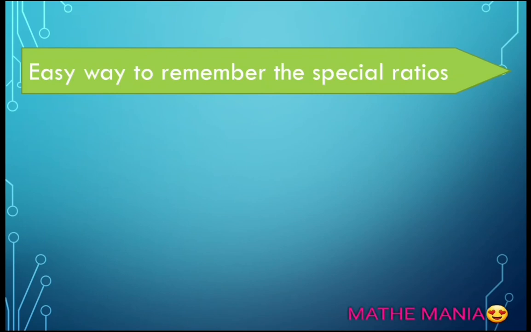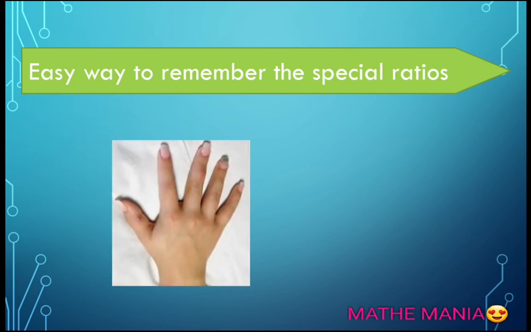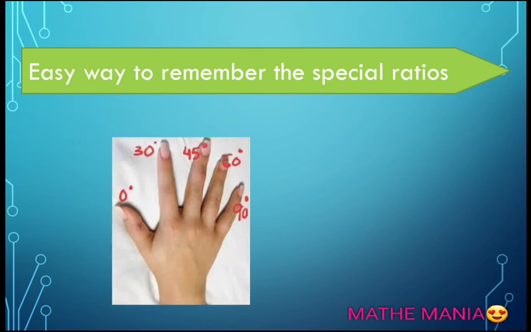Okay, now next we come to the special ratios of special angles. You have done 0 degree, 30 degree, 45 degree, etc. So there's an easy way to remember these special ratios without the table, without learning the table. For this you have to use your hand. Keep your hand like this and consider the angles on the different fingers in order, like if we take the thumb as 0 degree, then 30 degree, 45, 60, 90, etc. We have to go in increasing order and we can start from any one side of our hand. So the various fingers are denoting the various angles.